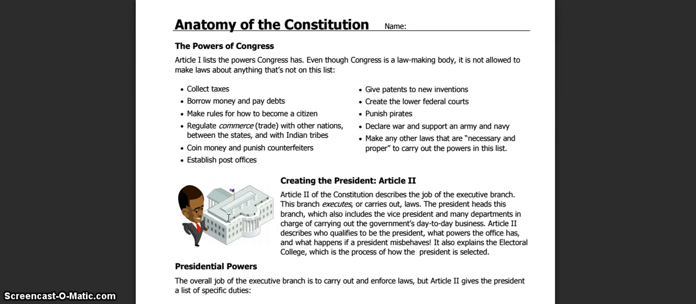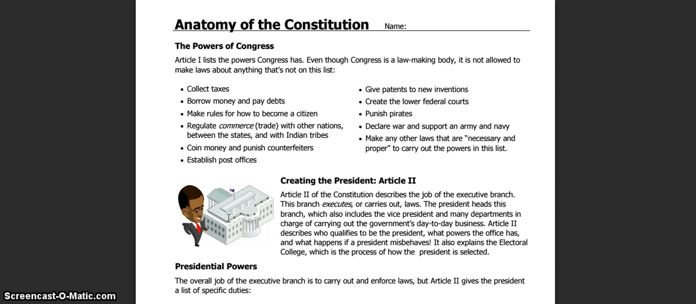The powers of Congress. Article 1 lists the powers Congress has. Even though Congress is a lawmaking body, it is not allowed to make laws about anything that's not on the list. Collect taxes, borrow money and pay debts, make rules for how to become a citizen, regulate commerce or